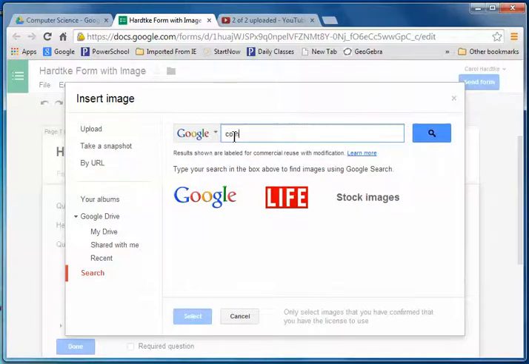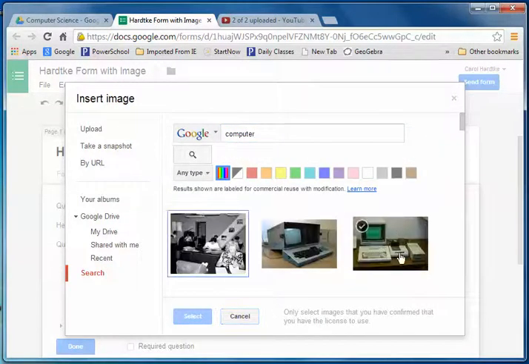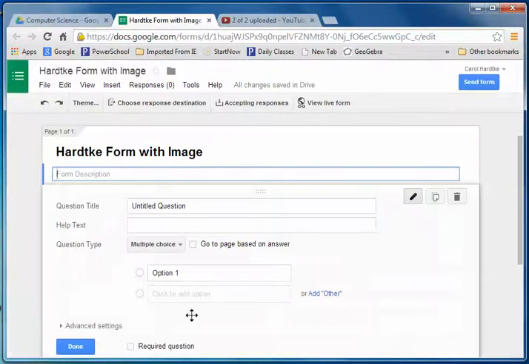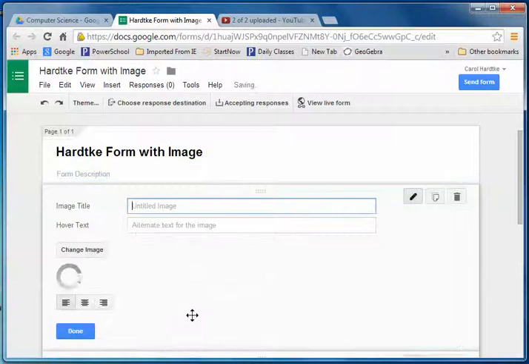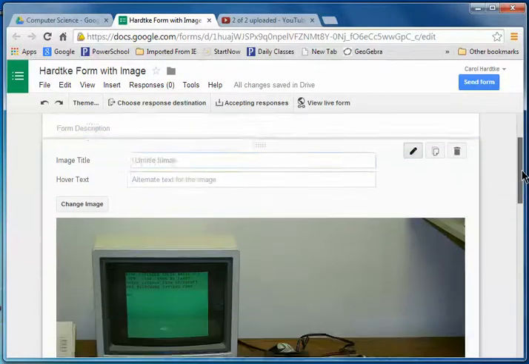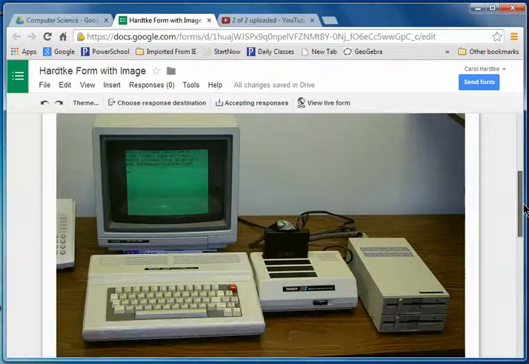But let's say that I want to search for a photo of a computer, and I click to get my search started, and it will probably find lots of pictures of computers. I guess maybe it didn't. Let me just choose this one, highlight it, and we'll choose the select button and give it a second here. So it will insert that. Let me scroll so that you can see it. So there's an example of